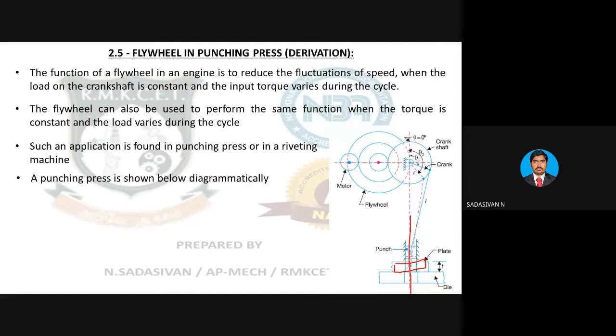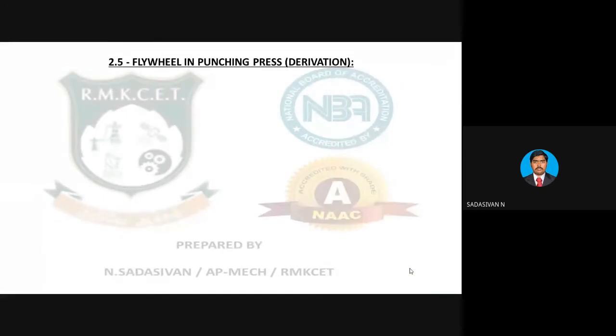Now the punch travels from, let us say, the punch maximum, it goes up to here, and then it comes up to here. This is your bottom dead center, top dead center. In this, if you look, for almost 80 to 85% of the time, your tool is not touching the workpiece. Only for a short span of time your tool is touching the workpiece, and the work done here is calculated in terms of shear energy of the material.